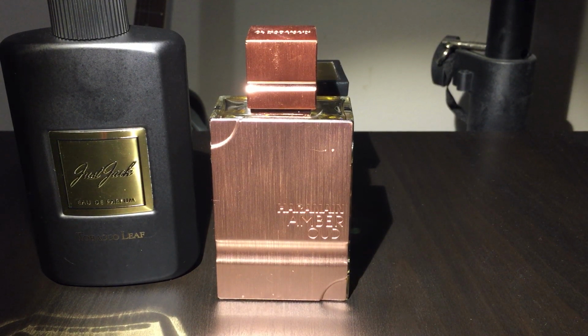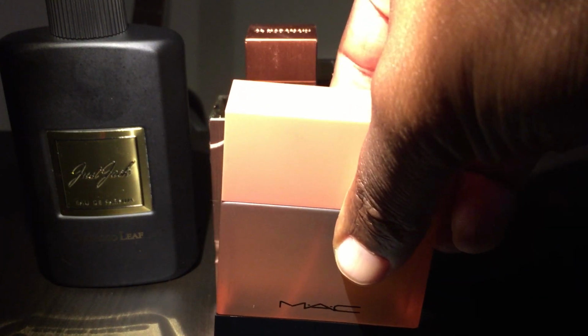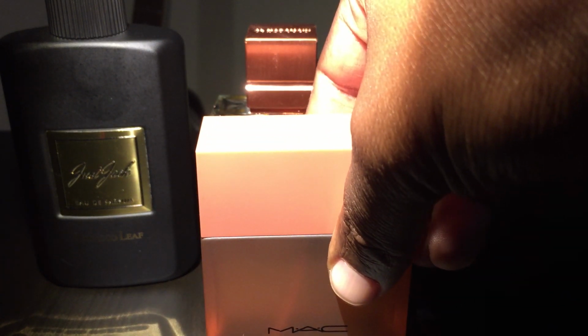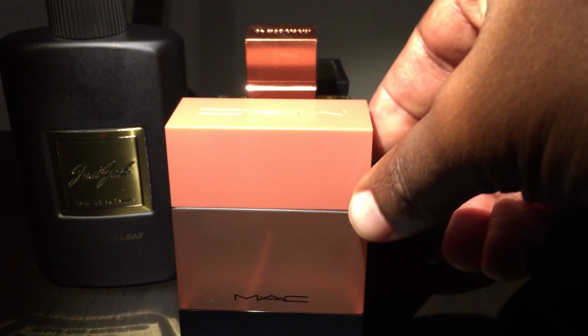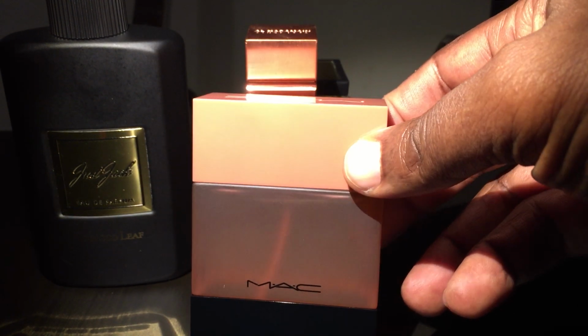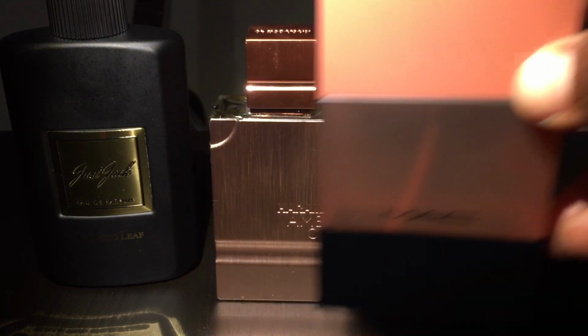Now, another one that some of you ladies probably know about is a discontinued MAC fragrance. And it is called, what is this called? It's called Velvet, I think, Velvet Teddy. And my wife has had this one for a while as well, but it's a dead-on clone of it. And then there's another